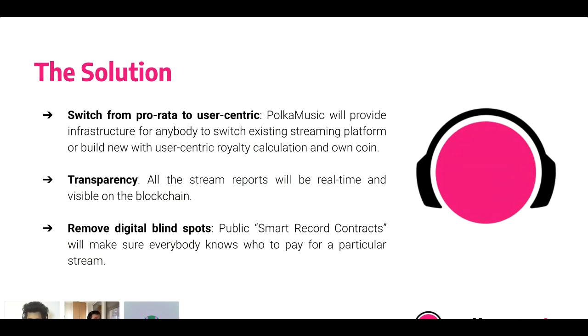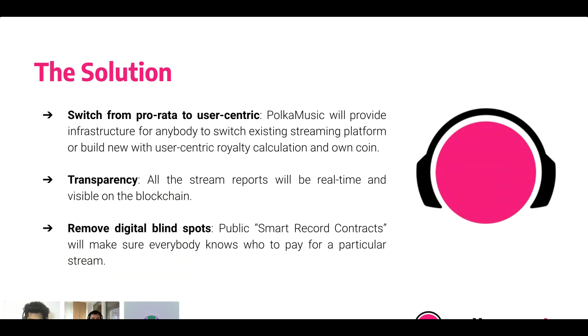And apart from that, we have also removed the digital blind spot using Polka Music and Substrate. Here we have introduced something called smart record contracts. This has nothing to do with smart contracts. When you sign a music with a record label, you get a record contract.